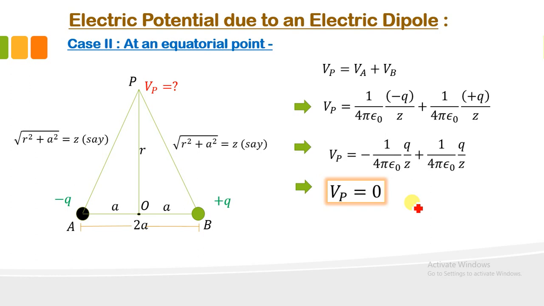At an equatorial point there is no potential. It means this is the equatorial point. This may also be the equatorial point. What will happen? Distances again are equal, potential is equal to 0. Okay. Next is